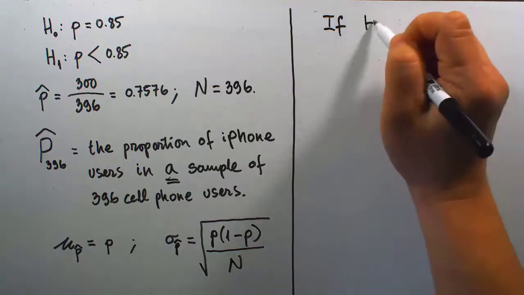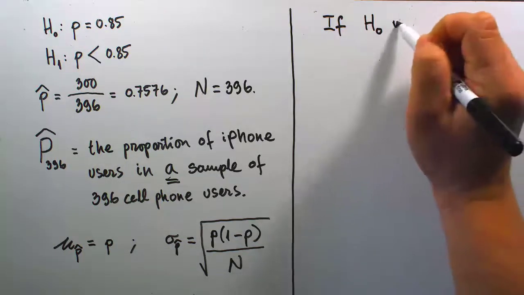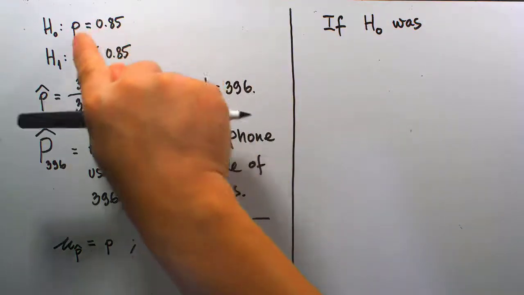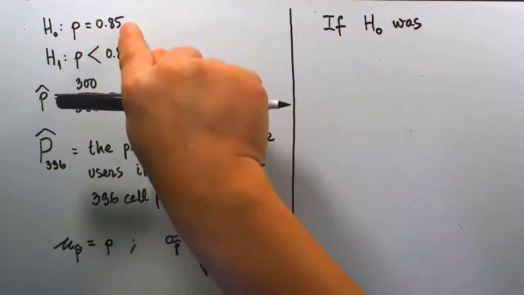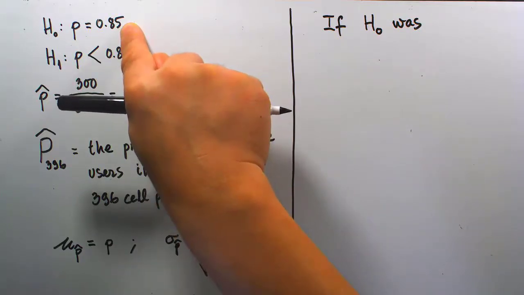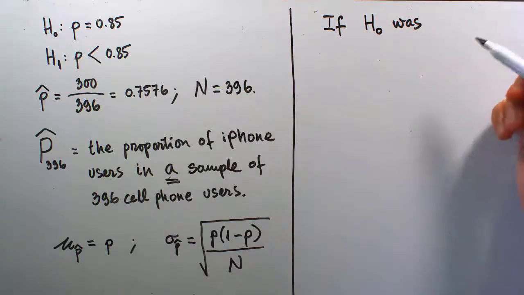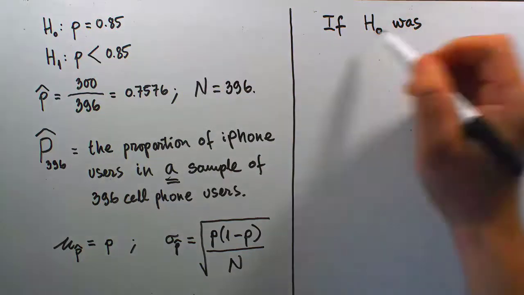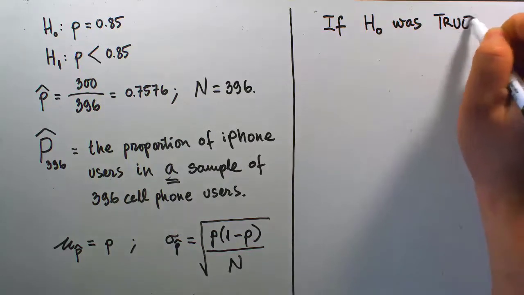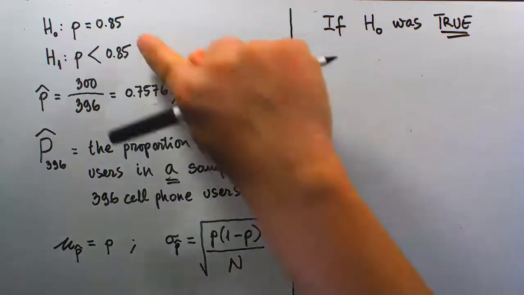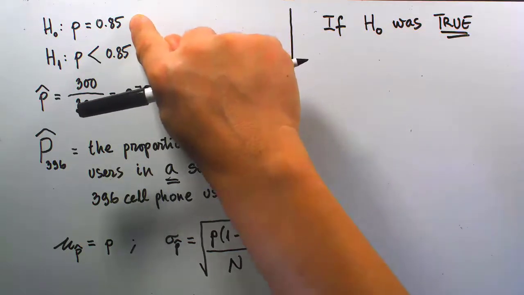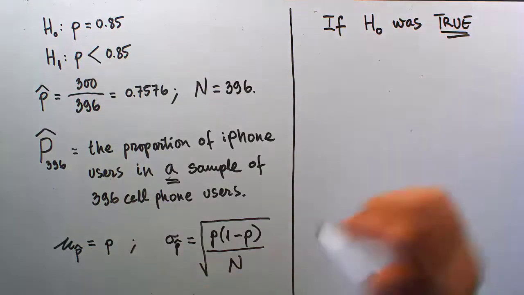If we start out by letting H0 be true, if we were accepting H sub 0 to be true, if this claim value is accepted as the actual population proportion of iPhone users, then what will consequently happen after that? So here I'm starting out by saying if H sub 0 was true, or in other words, you can think of that as if we accepted H sub 0, or accepted this claim value as the actual population proportion,